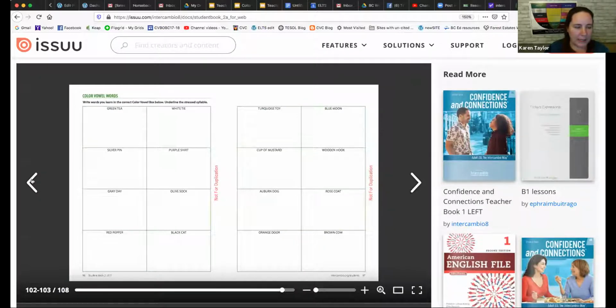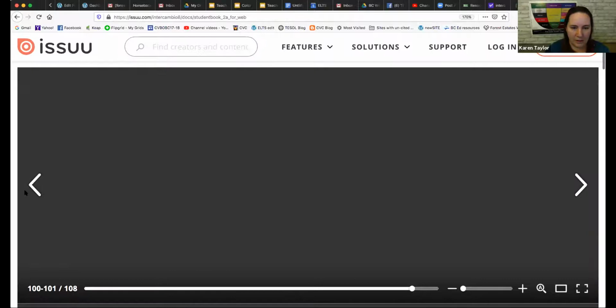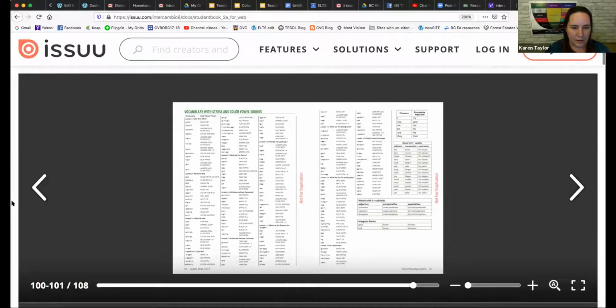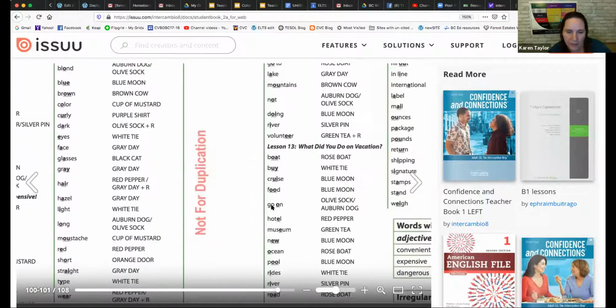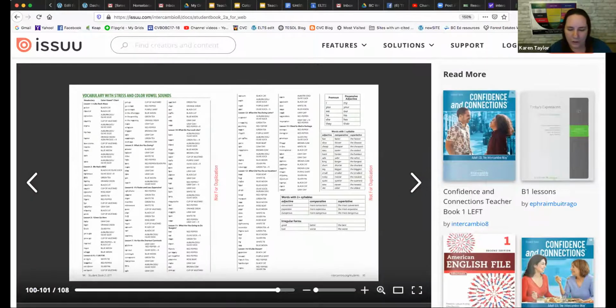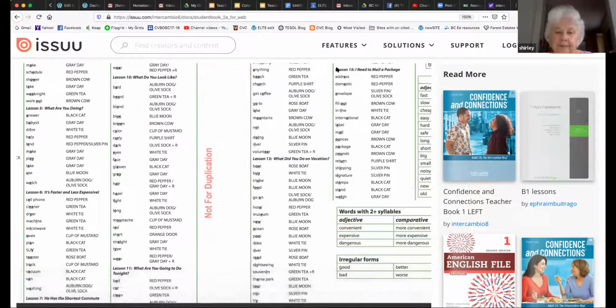So students can write here, but then here is something kind of interesting. I'll see if I can zoom in on it for you. Maybe I can make it full size, but I think it'll break the sharing. Zoom in. There we go. All right. So here's that section on need to mail a package, if everyone can see that.